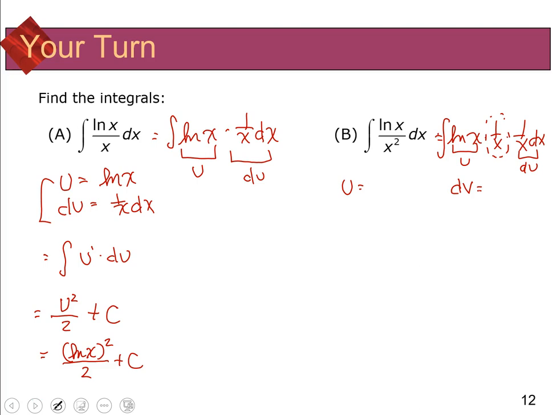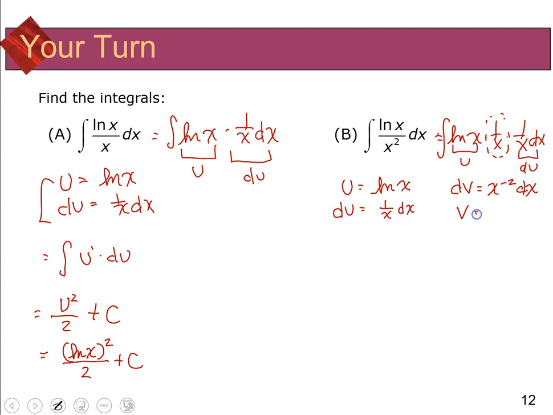Well, in this case here, since there is a natural log of x involved, I'm going to let u be the natural log of x. dv, I'm going to let be x to the negative 2 power dx. I'm changing to x to the negative 2 because I'm going to make use of the power rule. So now I should be able to find du